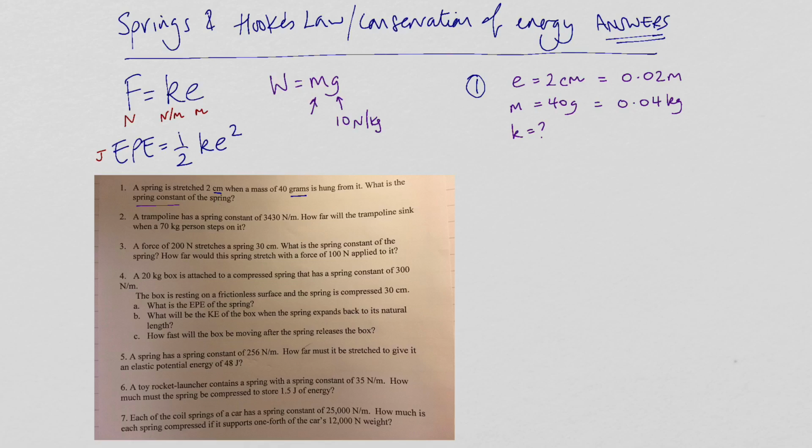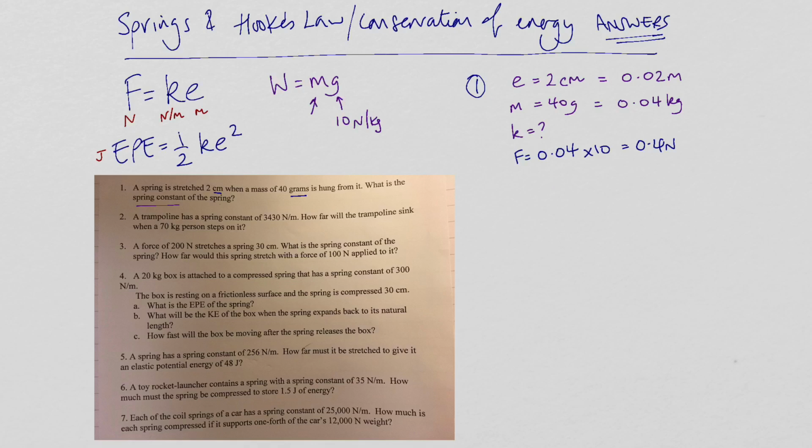There's our mass that we have got over here, and then weight is a type of force, so we can multiply by 10 to get it into newtons. So our force is 0.04 kilograms times 10, so 0.4